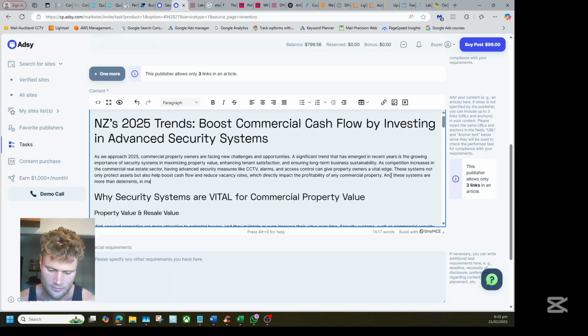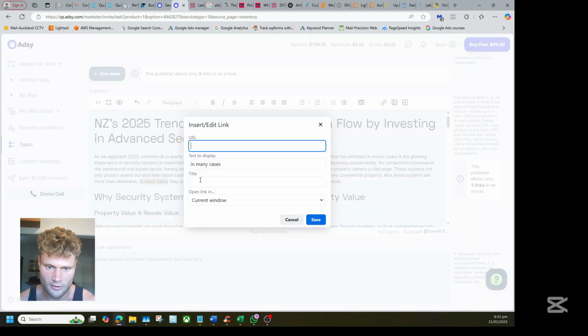In many cases, they are used to actually punish crimes by helping investigators and the trial process. And we're going to put this in many cases. We're going to make it a link. There it is. Cool.